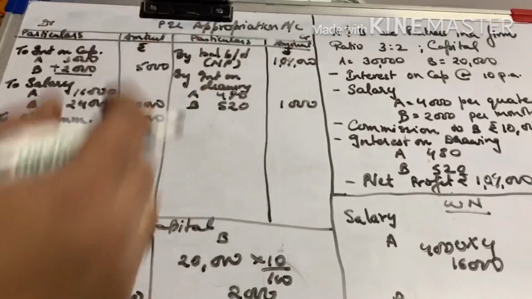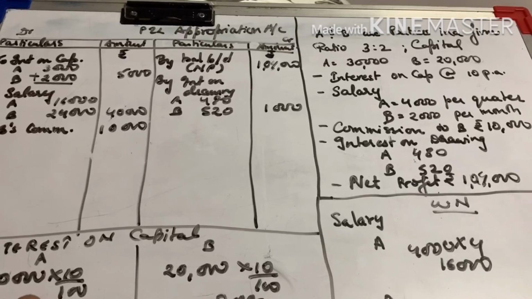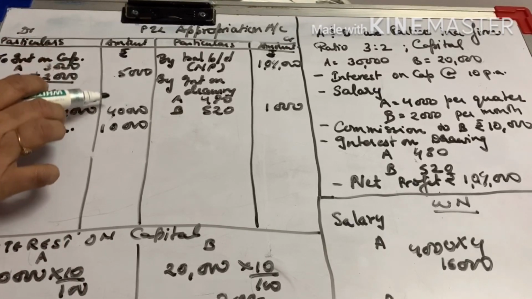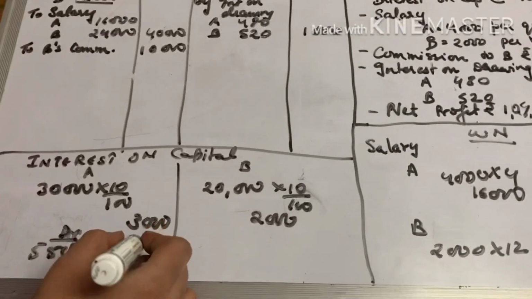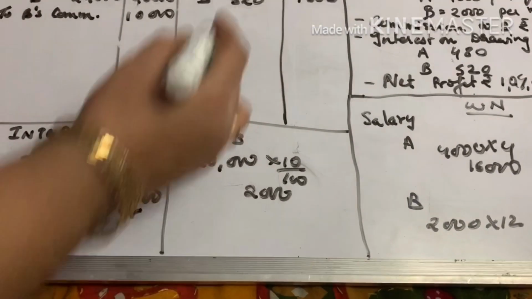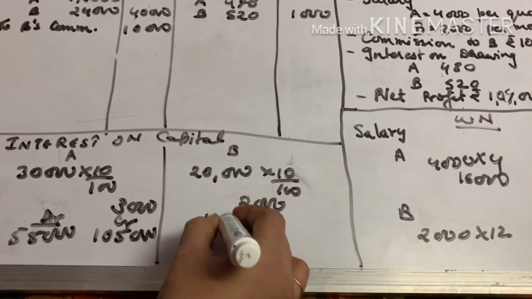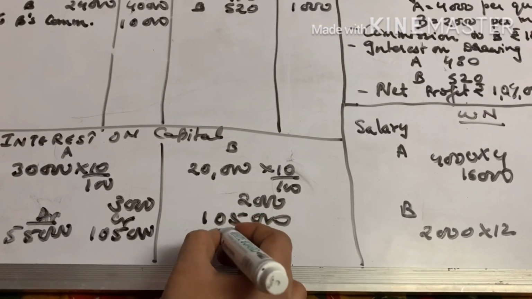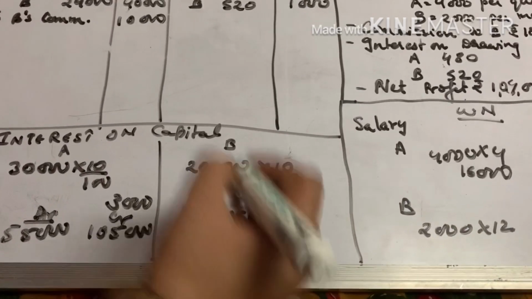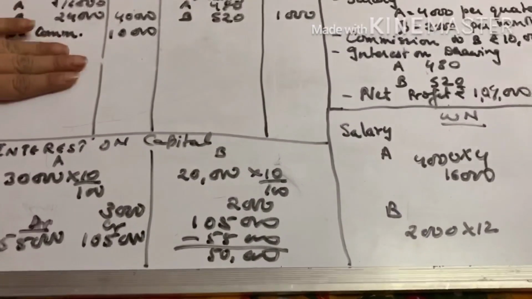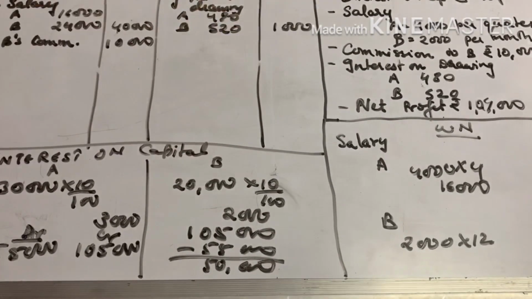So please add all the debit side and the credit side. When you add the debit total, what will you get? 5,000 and 50,000, it is 55,000. If you add the credit side, what will you get? 1,05,000. So please subtract the smaller number from the bigger number. That comes to 50,000, which is the profit. If the balance is coming on this side, it is profit. If the balance is on this side, it is loss.